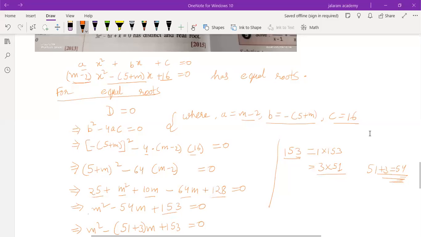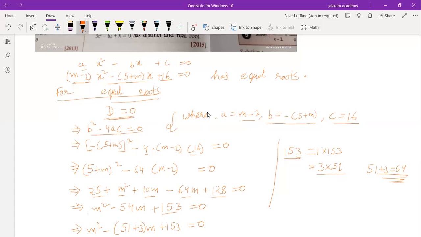If the discriminant equals 0, roots are real and equal. And if roots are equal, equal roots can exist only when they are real. So if roots are equal, then the discriminant equals 0. Both are correct, meaning the converse is also true. If roots are equal, discriminant equals 0. If discriminant equals 0, roots are equal. Okay. So whenever it is given that roots are equal, we have to take D equals 0, meaning b square minus 4ac equals 0.